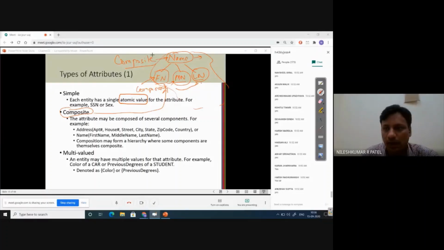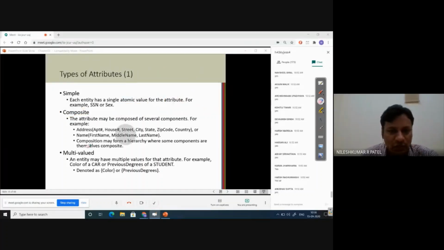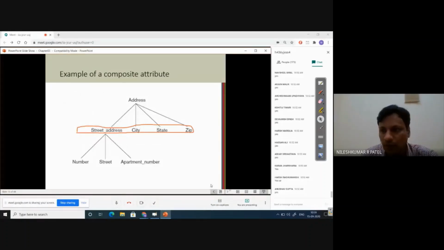Similarly, if you have one field called address, assume, as you can see here in this particular slide, address is one composite attribute having multiple components like this. Let me take you to another slide where I have a pictorial way of representing that. Assume this is an address.